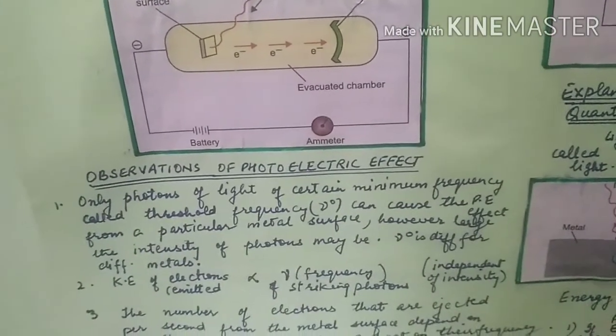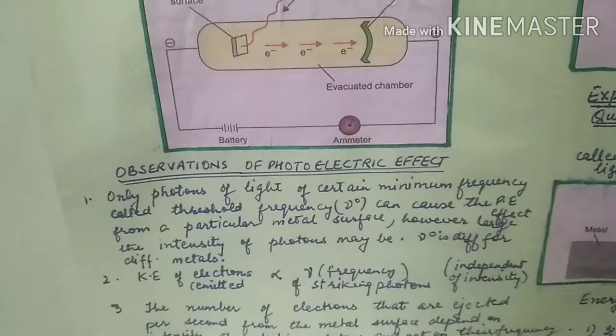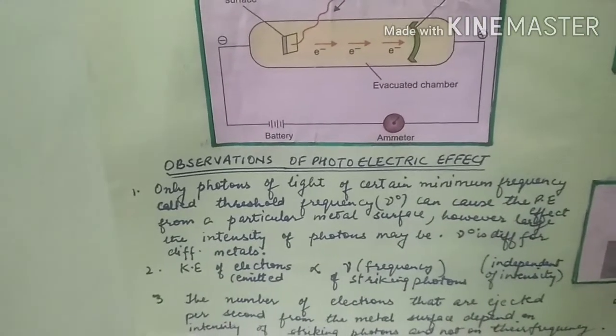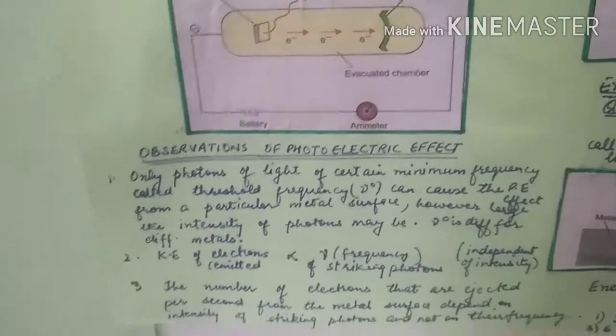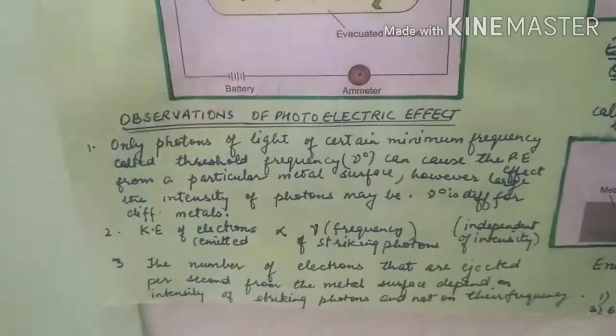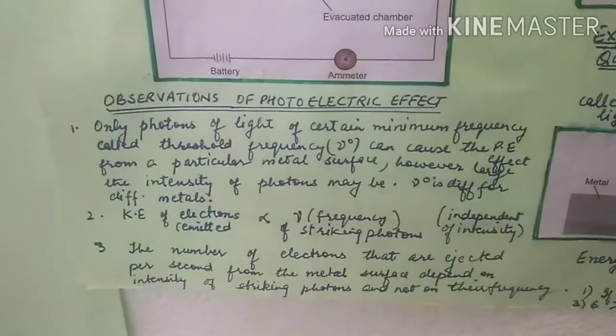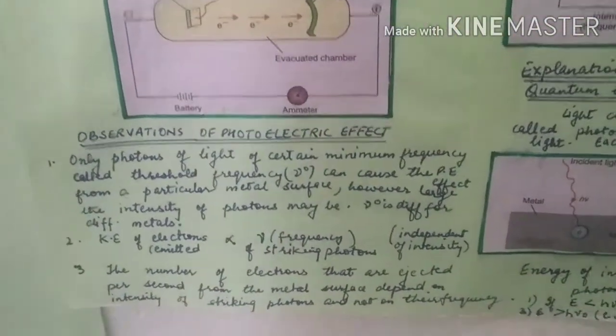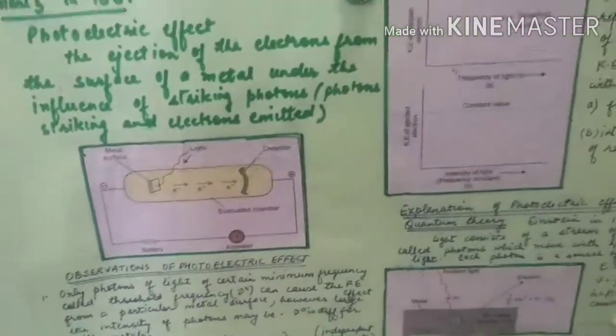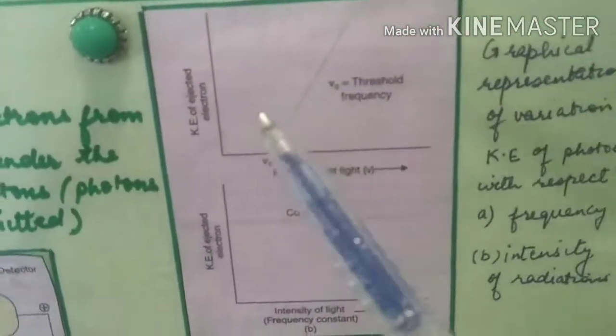Kinetic energy of electrons emitted is proportional to the frequency of striking photons and is independent of the intensity, and the number of electrons ejected per second from the metal surface depends upon the intensity of striking photons and not on the frequency. To highlight these points,